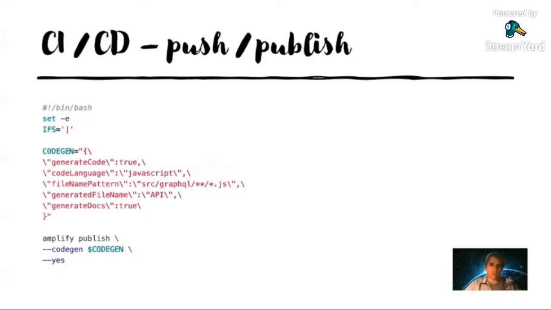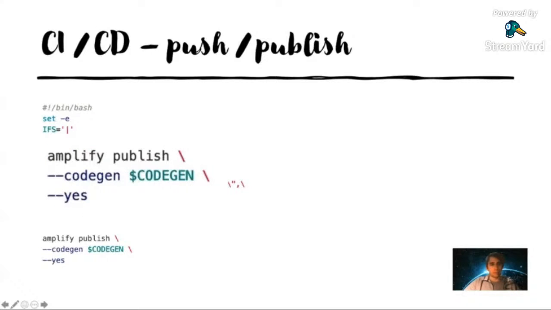Now, what's the difference between publish and push? Publish will also publish your front end. So we will publish the front end and implicitly also run a push, deploying our cloud backend changes. You can also choose to run a push only, just change the publish here to push. But okay, this is the important command here, publishing the changes.